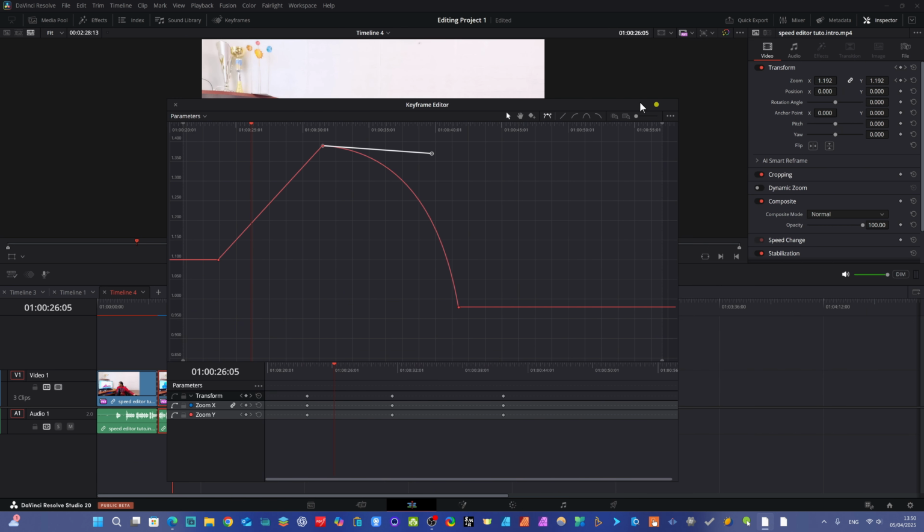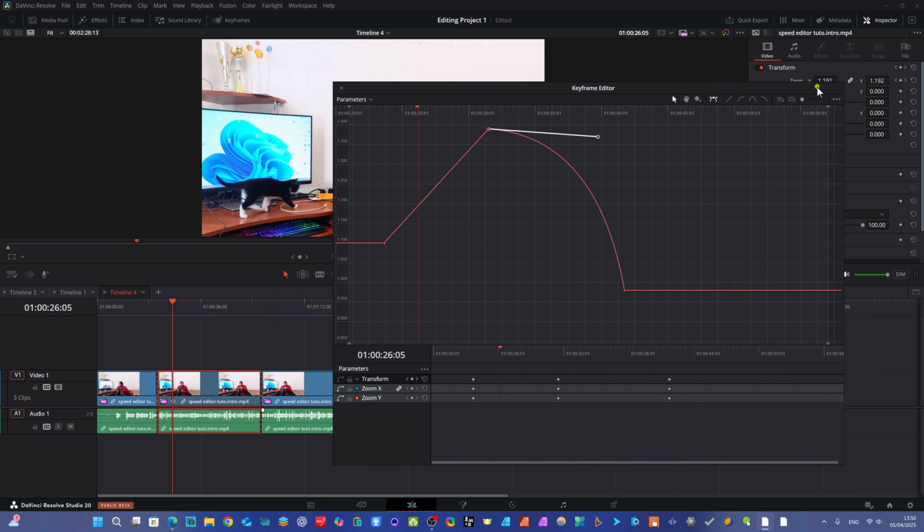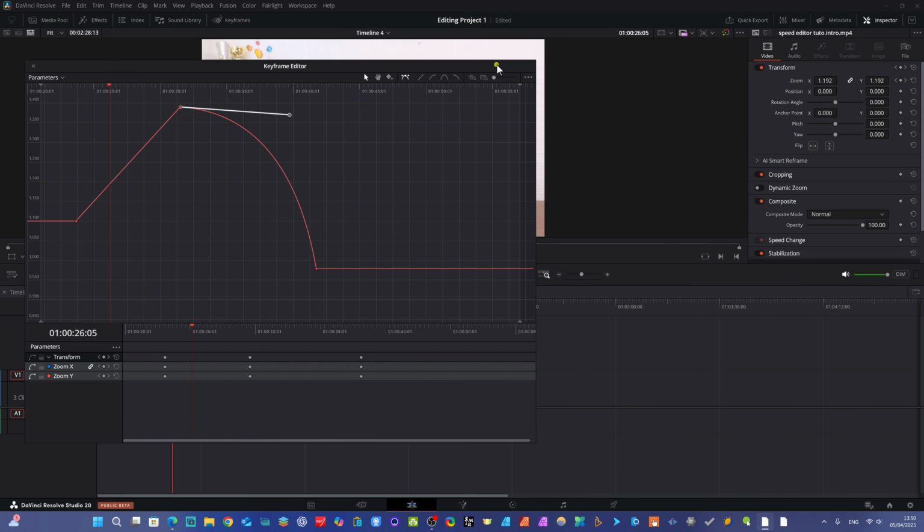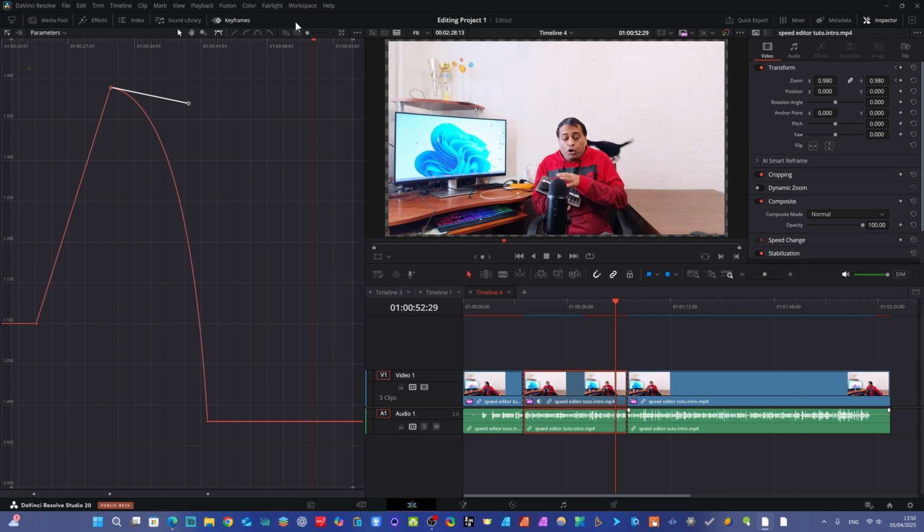So in the coming days we will have more exciting features about DaVinci Resolve, and we will have more detail, because this is in the beta version. Sometimes it may freeze and not work properly, but in the coming months it will work. Stay connected, dear friend, for all types of updates. So we just close here. And now there is one more thing about this keyframing. You see, when you click here, it will appear downside, beneath our timeline. The same keyframing parameters window will appear here. Sometimes it doesn't work because of the beta version, but it's a really cool and game-changing feature for us, dear friend. I'm so happy.